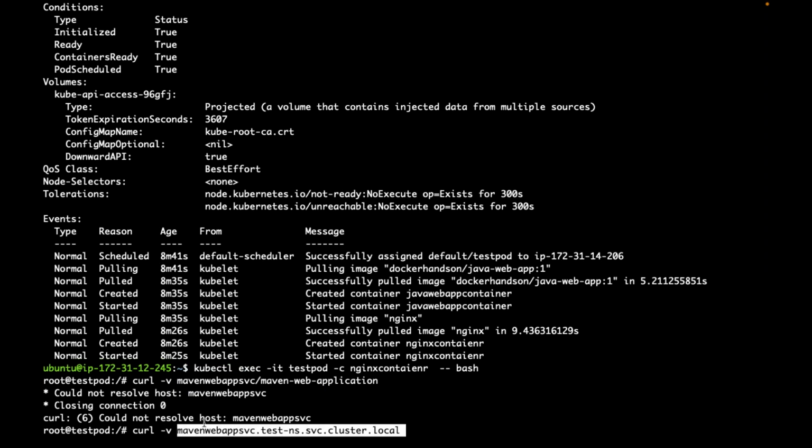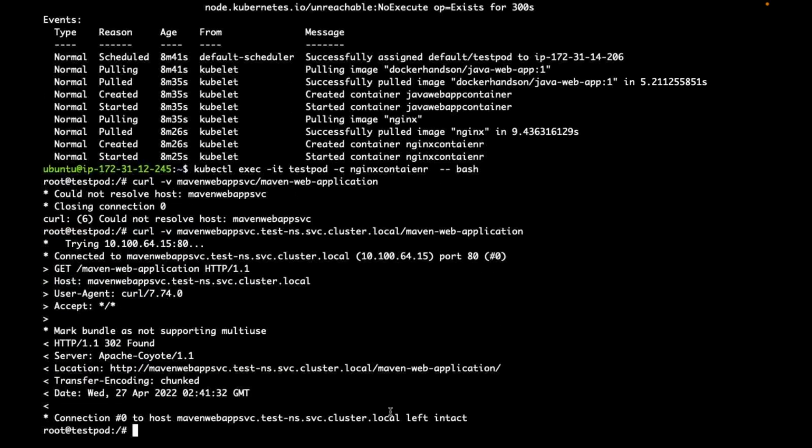Instead of just the service name, I am using the fully qualified domain name, and service port is 80, my application context. Am I able to access now?